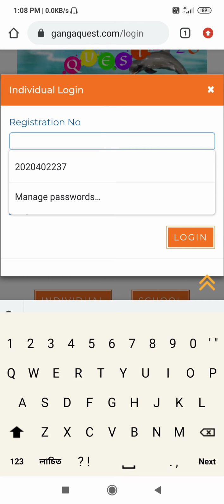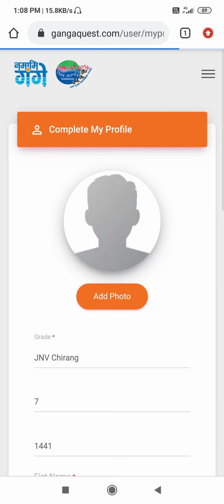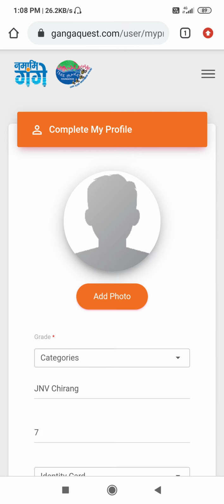Do not put any other registration number. Okay, I am putting one registration number, and I have already filled in the password. Then you click login. Then this profile page appears.